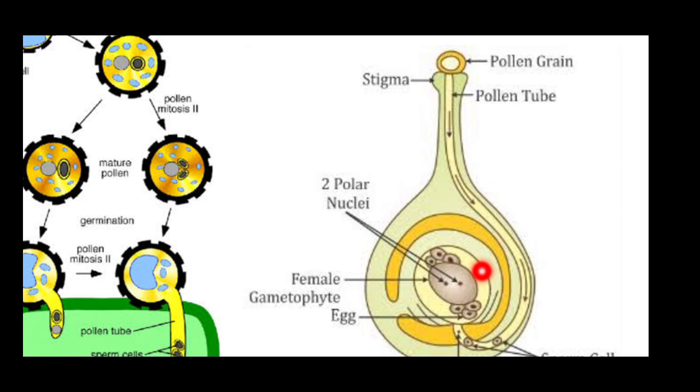That megaspore arises from the megaspore mother cell, which takes part in meiotic division, yes, but that meiotic division will not produce multiple megaspores; rather it will lead to the formation of only one megaspore. So a megaspore mother cell will give rise to one megaspore, and from that megaspore we are going to get this